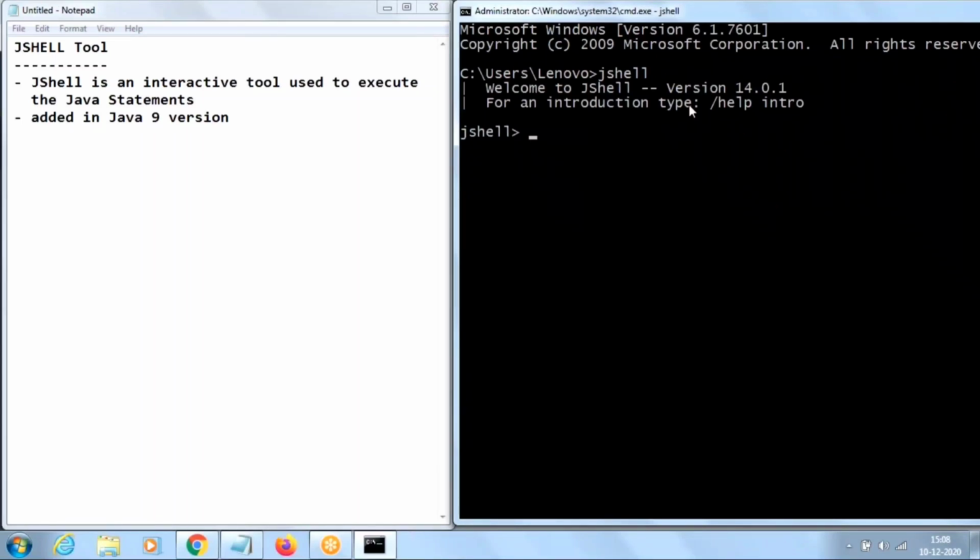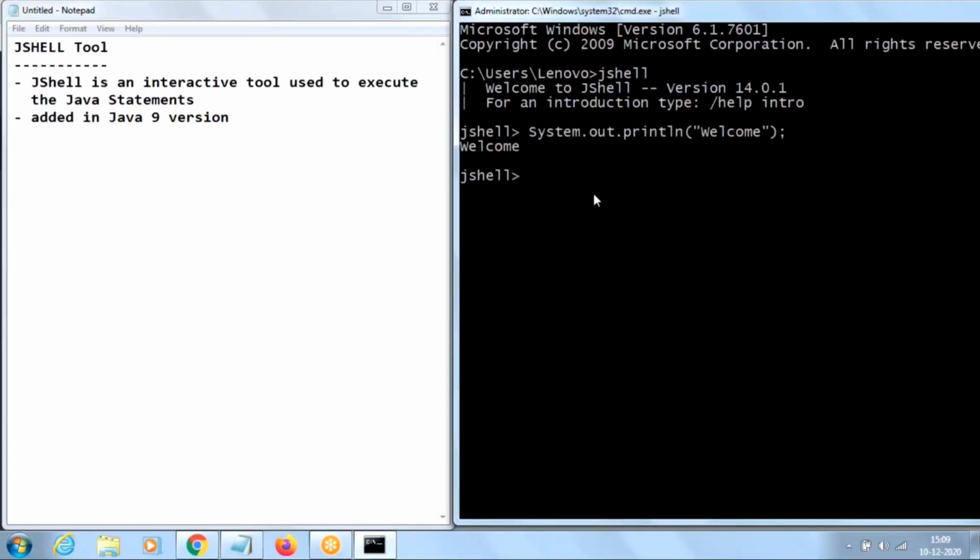This is the place where we can type Java statements. For example, we have System.out.println, which is used to display messages. We can check it here like this: System.out.println, and the message you want to give goes in double quotes. Every statement should end with a semicolon. So here we are going to get the message welcome.